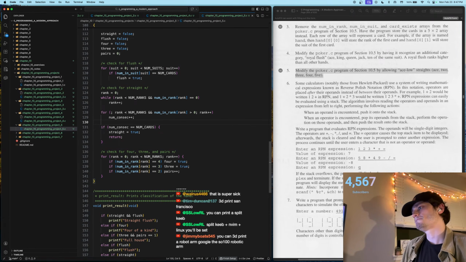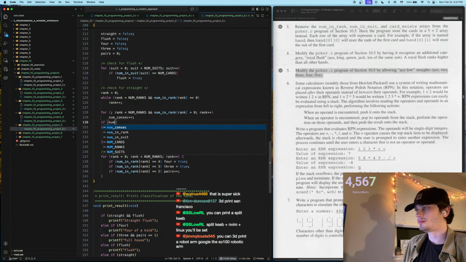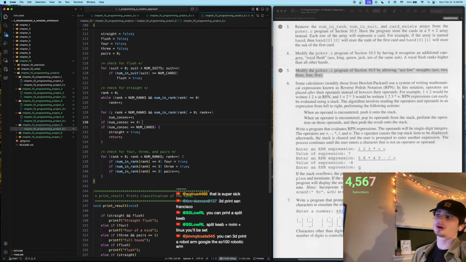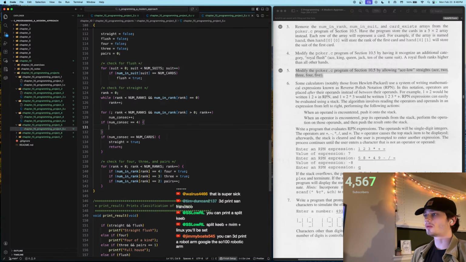Let's say if num consecutive is equal to 4, or maybe is less than 5, or maybe we'll say is equal to 4, right? Because this means that let's say the rank started at the 2 card or the 0 index. So it'd be 2, 3, 4, 5, right? And then it would stop for number consecutive. So if number consecutive is equal to 4, what we're going to do